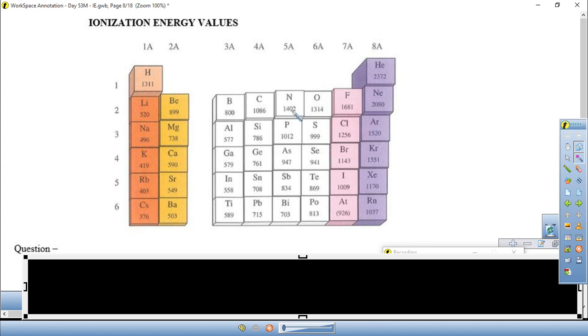Now notice some of these, it's not a perfect trend here, and this has to do with Hund's rule and the way that the electrons are, and so there's a little bit more detail in this. If you ever took like an AP Chem, you could learn more about this. But generally speaking, as you go left to right across the table, the ionization energy is increasing. Look at helium. Helium is the hardest element to steal an electron from. Look at that huge ionization energy value. Neon is super hard. So look at these huge numbers for noble gases. Look at the huge numbers for group 17, the halogens. And it's going to be hard. We can't really steal electrons from